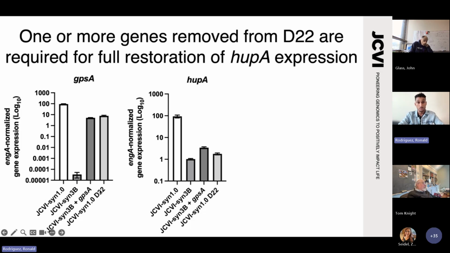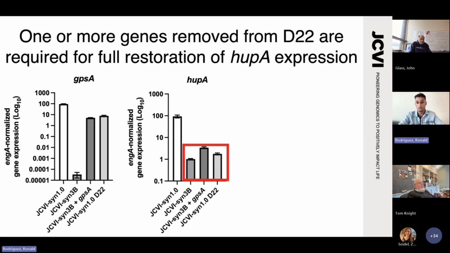Now we have D22. GPSA is present in D22. This is what I would expect. And interestingly, similar to what we've seen before, where we see minimal expression in SYN3B and in SYN3B with GPSA, we see minimal to no expression in D22. And so this suggests that the regulator for HUP-A is probably one or multiple of those genes that were removed